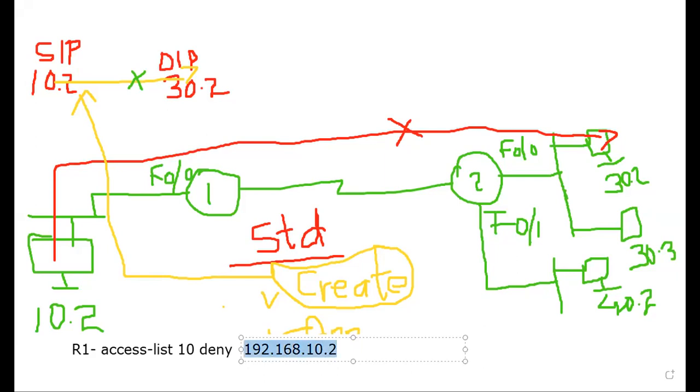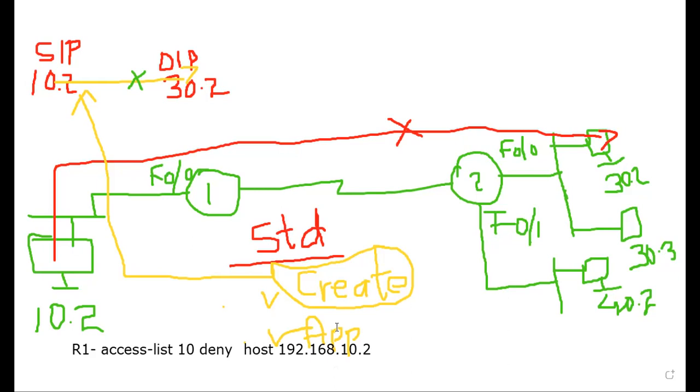If I have a single IP, then I can give the command called host 192.168.10.2. So this is my statement. According to the standard access list, statement 10 says what you need to do: deny. What needs to be denied? The 10.2 host, or 10.2 number.